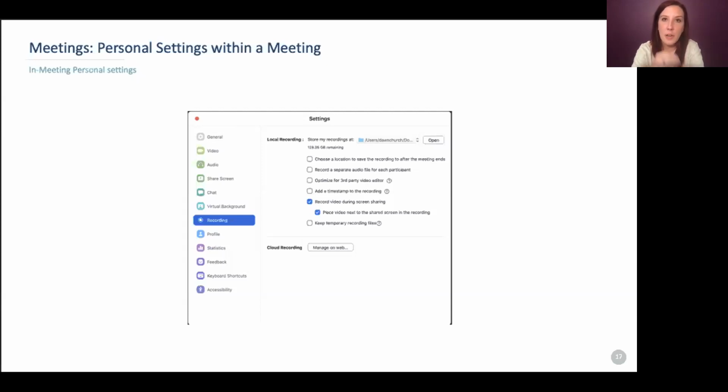Yeah, screen sharing is not something that you can set up when you are scheduling a meeting. Now, if you want to see all of the settings that are available for screen sharing and recording and security at the big umbrella level, you need to go to the web portal. And I'm going to show you the web portal towards the end of this webinar.